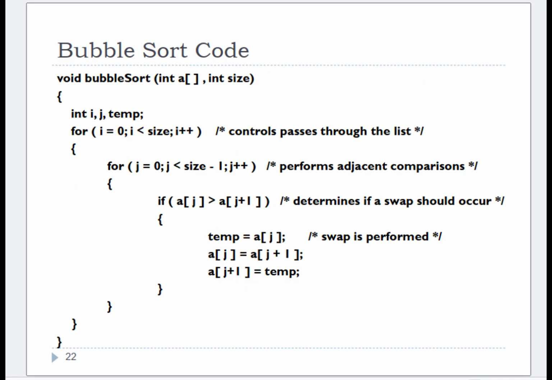Bubble sort code. void bubble_sort(int a[], int size) { int i, j, temp; for (i = 0; i < size; i++) { /* controls passes through the list */ for (j = 0; j < size - 1; j++) { /* performs adjacent comparison */ if (a[j] > a[j+1]) { /* determines if a swap should occur */ temp = a[j]; /* swap is performed */ a[j] = a[j+1]; a[j+1] = temp;